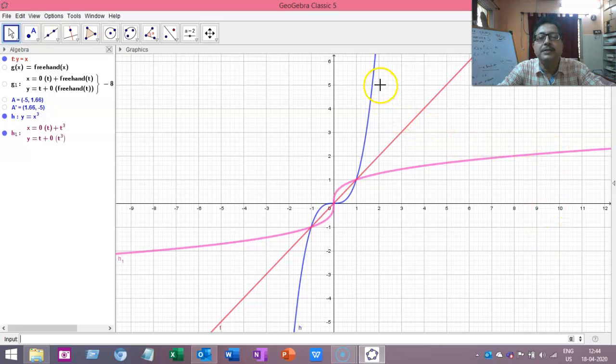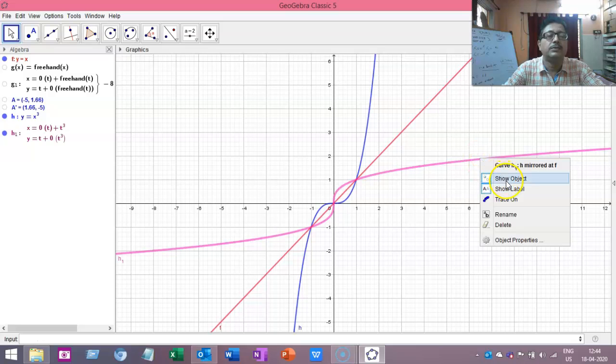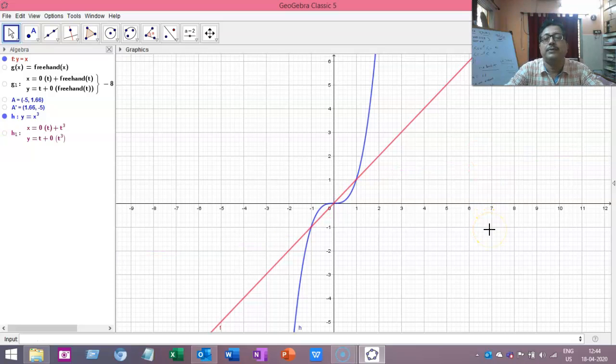Here, this is the curve given, y equal to x cube. The reflection you got is this curve. This is y equal to x to the power 1/3. If we really plot it, it will become y equal to x to the power 1/3. Now, this I got by reflection. I want to show you that without reflection also you can get it by plotting the graph y equal to x to the power 1/3. So I make this one off now. This is off. So what do you have?